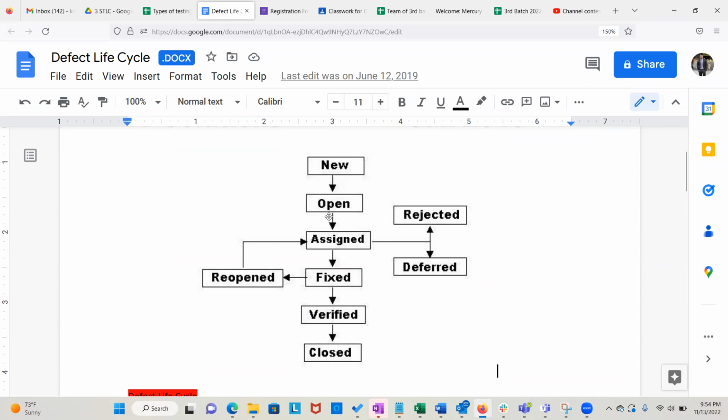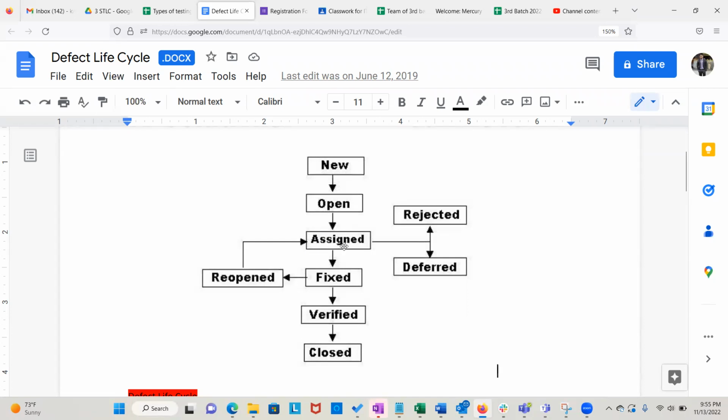And then the next status, right? Someone, let's say from the developer manager team, will open that defect to see what type of defect it is. They will change the status to open. Let's say there are 5 developers working. The developer manager will decide who he should assign this ticket to fix, right? So after opening it, he will assign it to an individual from the dev team, and the status will change to assigned. Assigned is the same as in progress.